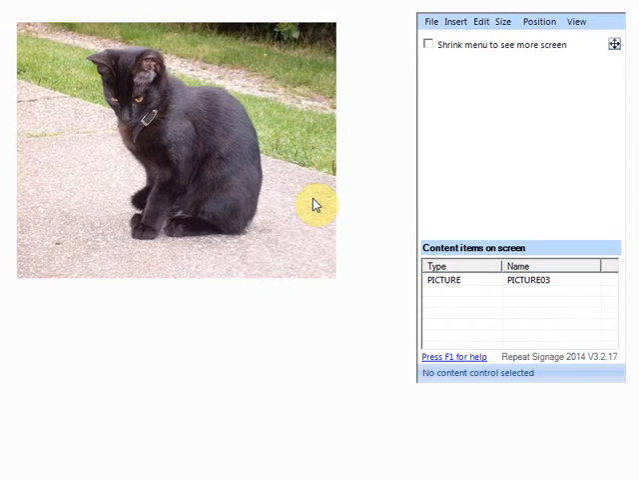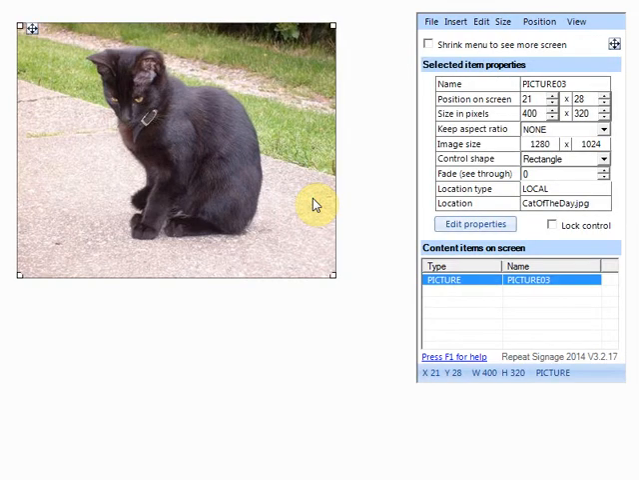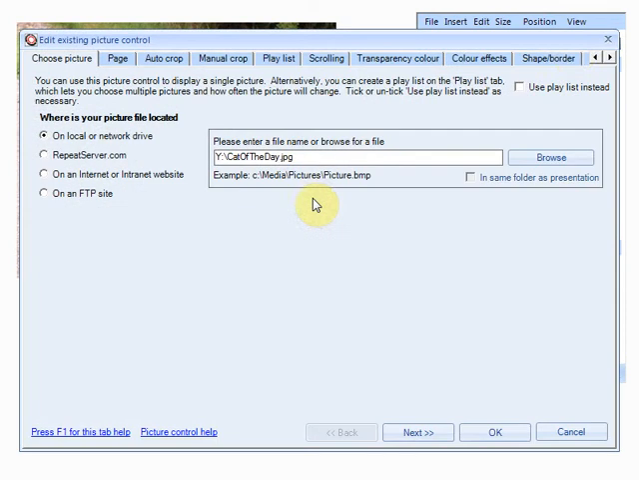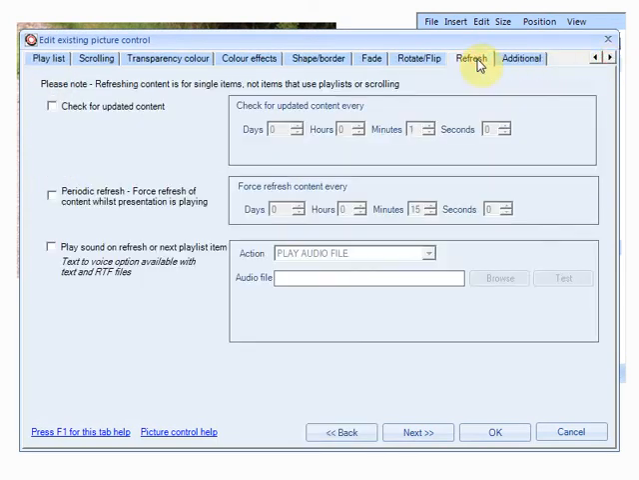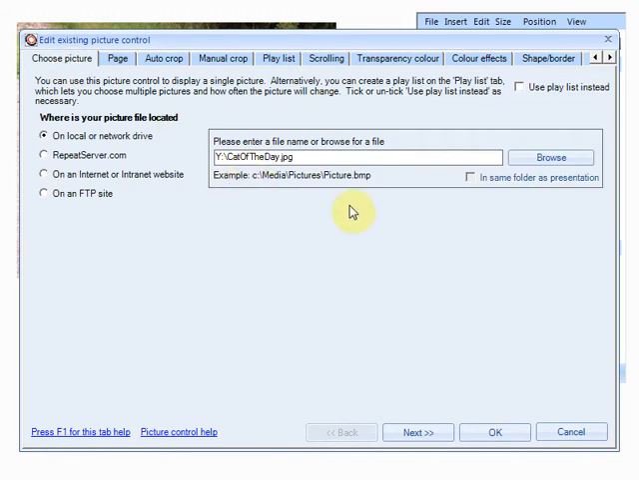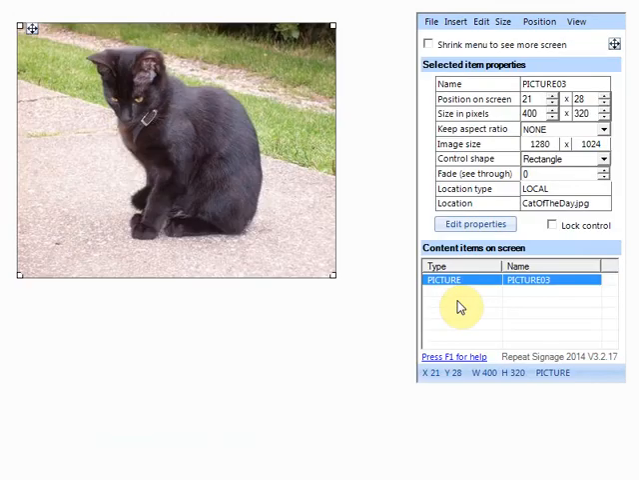Now what I want to do is I want repeat signage to automatically update itself if that picture changes. So I have to tell repeat signage that for a start. So I double click on the picture, I scroll all the way to the end of the tabs and I go to the refresh tab, and I'm going to use this option, check for updated content, and just for the example of this video I'm just going to set that to 5 seconds. Now what that's going to tell repeat signage to do is, for our particular file, which is this one, Y:\cat of the day, repeat signage will now check the date and time on that file every 5 seconds to see if